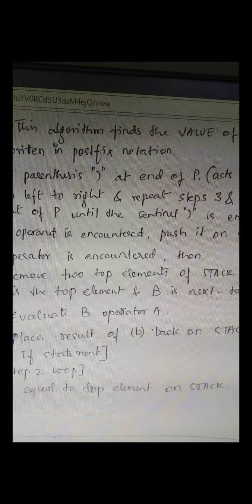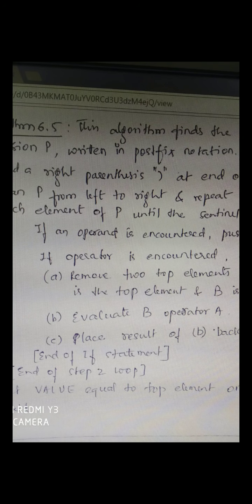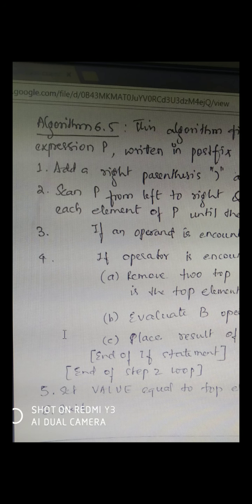So today I'll be explaining how we evaluate postfix expressions. The thing is that I'll be scanning the symbols from left to right, whatever the expression I have. For example, if you have an expression like 2 3 plus 6 star, or 8 6 12 slash, I'll first go on scanning from left to right.